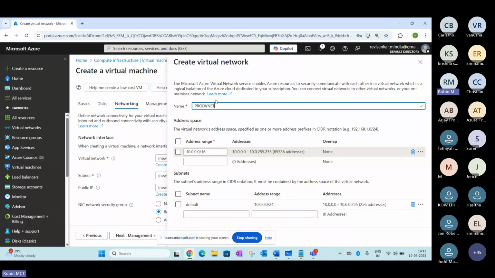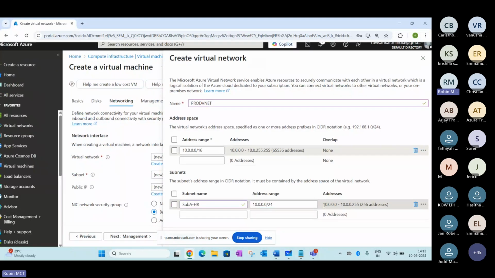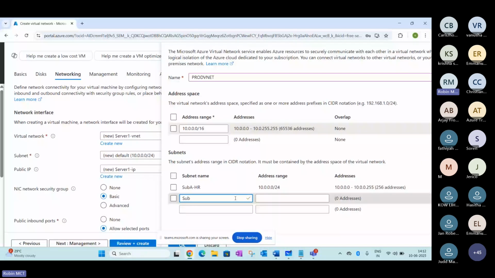You can see here, I'm selecting subnet A, and I'm saying this is for my HR application. I'm borrowing or renting a few resources from the main IP range here. I'm saying 10.0.0.4/24. That means this range I'm going to use dedicated for my HR applications here. In case you want to create multiple subnets, I can create them here. For the finance one, this is the range I can set here: 10.0.1.0/24. I've just created a subnet here.